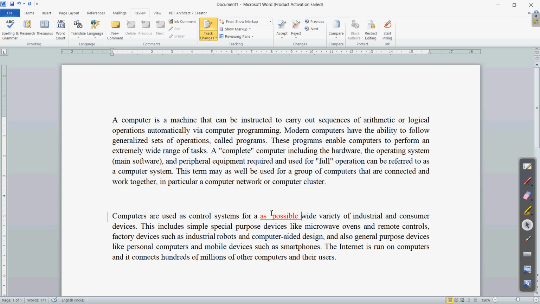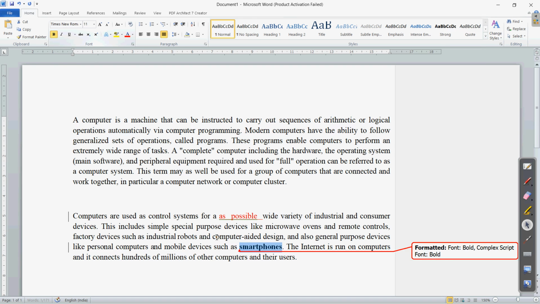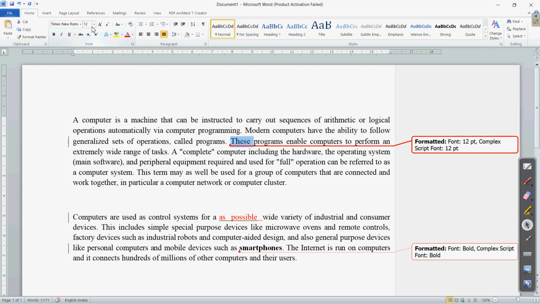If I am writing some text, if I am editing something, if I am changing this to bold, clear? Next, if I am changing the size of this, I am doing all these changes.